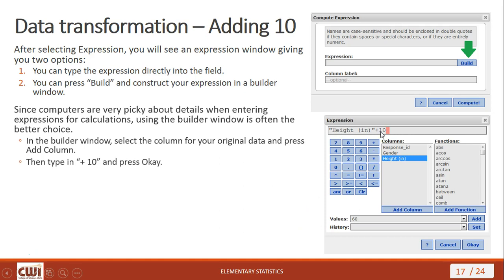Then you're going to type in +10. You can use your keyboard, or you can use the little mini keyboard that you see here on the expression window. Press OK, and then you'll go back to this options window, and the expression that you entered will appear here in the expression field. Go ahead and press Compute down here in the lower right corner,